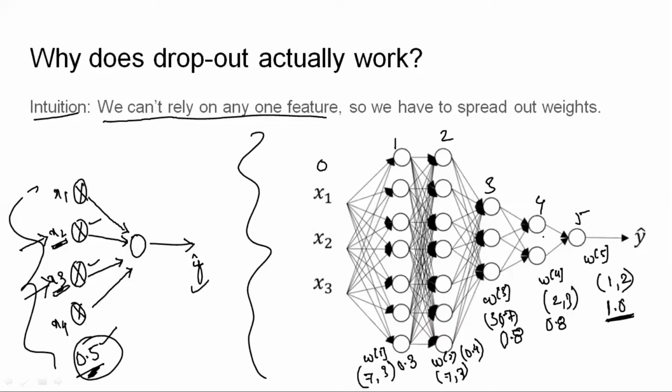Okay, and now this is the input layer. For the input layer also, we can use a keep prob value. Basically, I need to include all the input features, because I cannot afford to lose any of the input features as of now. So if I need to keep all the input features, then I can keep the value of keep prob for the input layer as 1.0.